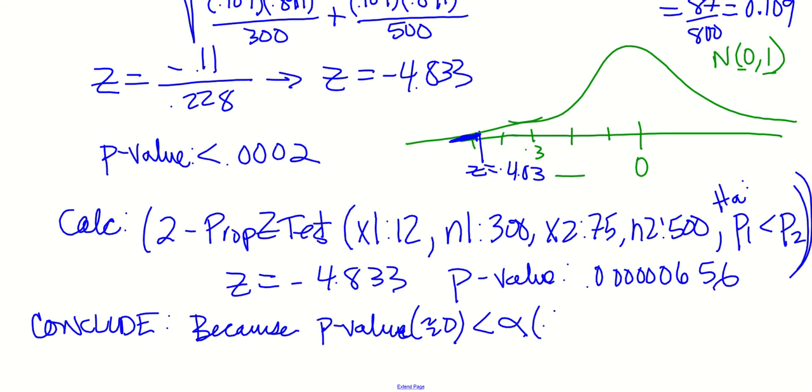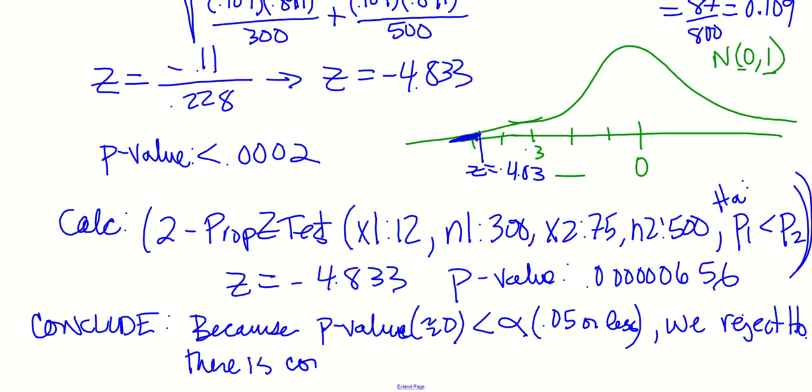I think we established 0.05, or for that matter, almost anything less than that. So we had a very, very small p-value. So because our p-value is less than alpha, what do we do? We reject H0. And if we reject H0, we do it because there is convincing evidence